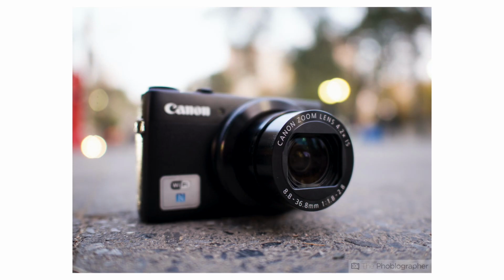One of the most popular ones that you might see nowadays is the G7X, and it is a really good everyday vlog camera. A lot of vloggers use it. Fits in your pocket really well, but the image quality is really good. I think they're on the third generation of the G7X, but this is an earlier Canon PowerShot G model from